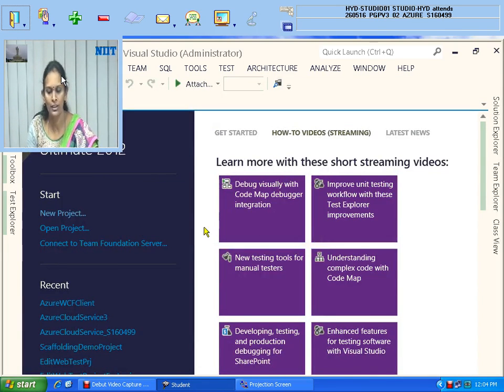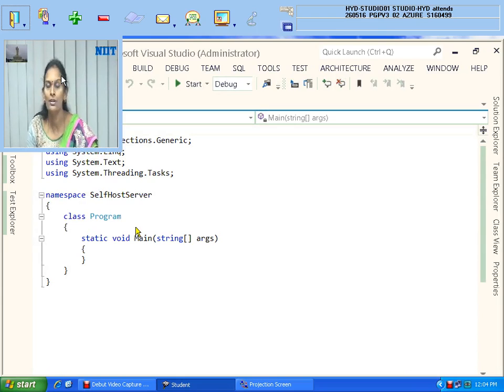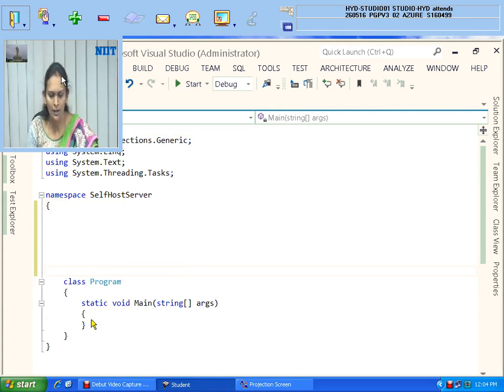What you have to do in this first? You have to add some namespaces. What are those namespaces? I'll tell. In this one, the self-hosting code I need to write here. But before that, first of all, the service has to be created, then the self-hosting code written. So the first work is what? Interface to be created, to be declared as service